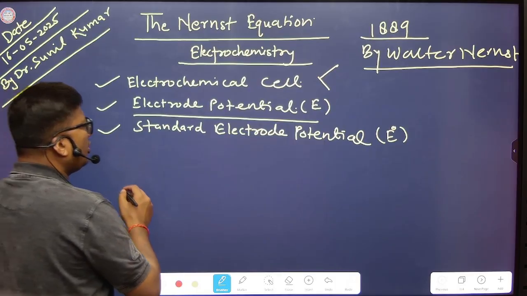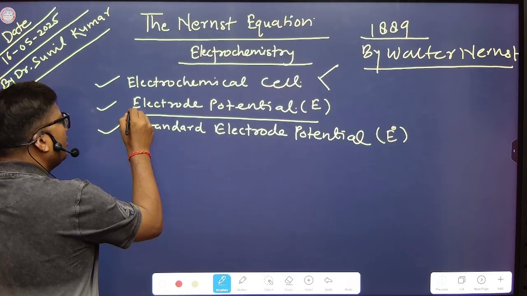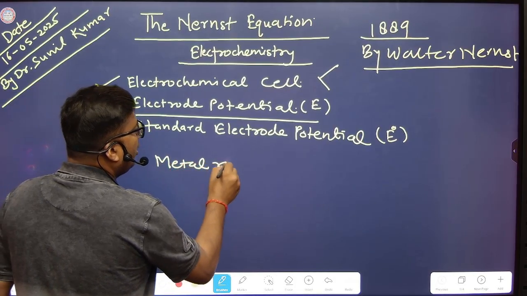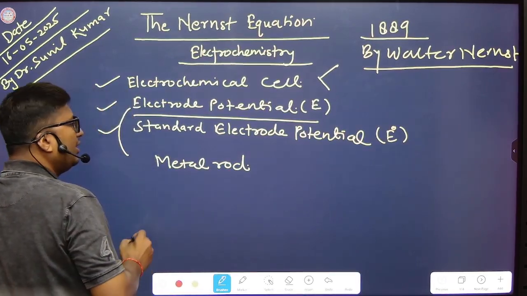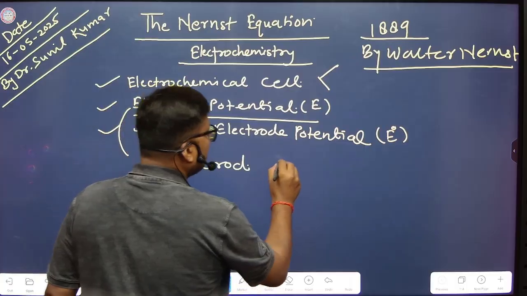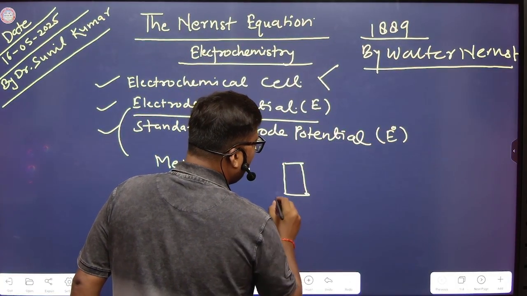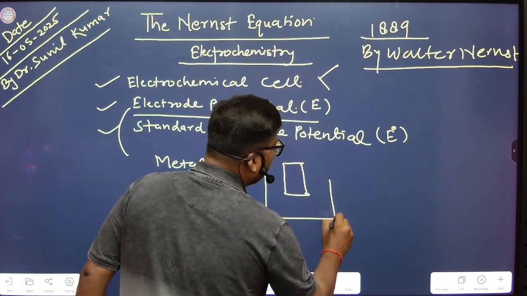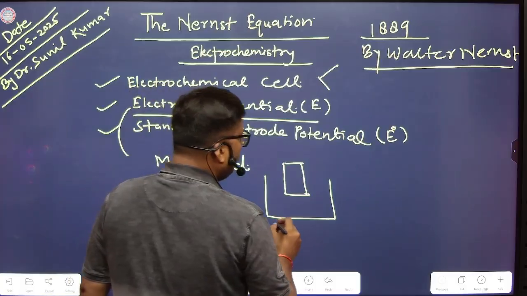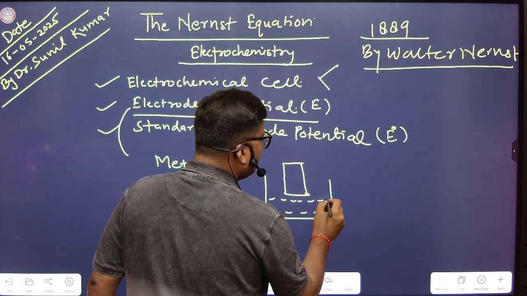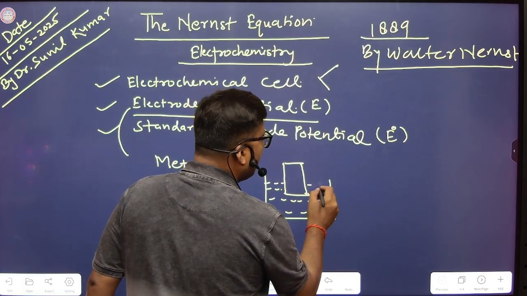Electrode potential means when a metal rod is dipped in a solution of its salt, right? So this is the salt solution,